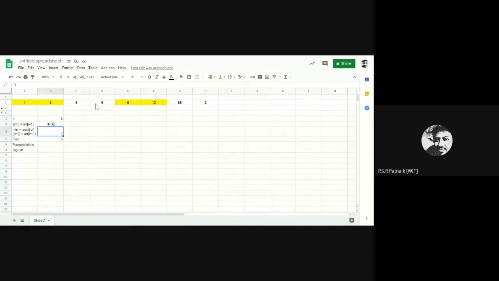So what is the max of 5 and 9? If it is less, then obviously 9 is the max. This 9 has to be compared with the existing max, since this is greater. The existing max is less than 9, so now we need to update it to 9.